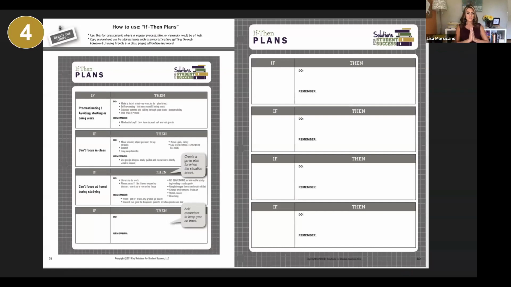So step 4 is self-regulation. It's 11:30. I'm going to keep going for probably, I'm hoping, about 4 or 5 minutes. Self-regulation is going to be key. It's that motivation, procrastination. I want you guys thinking right now. You can brainstorm with your parents. If you're a parent, you can brainstorm with your student. What historically has gotten in your way and what might get in your way in the future.